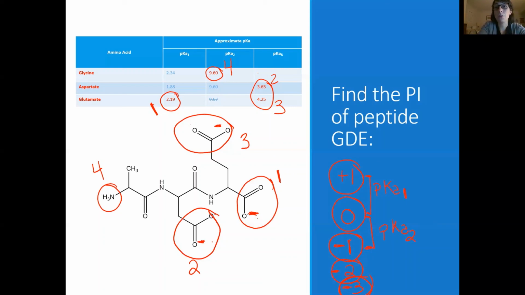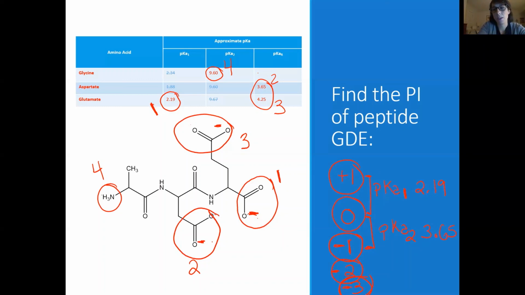These are the 2 pKa's that border when our molecule is at a 0 state. The pKa for the first one, our lowest one, is 2.19. And the pKa for the second one is